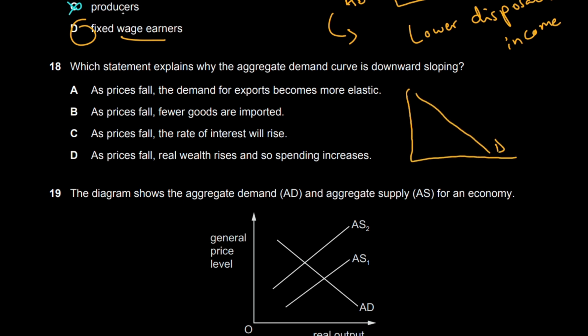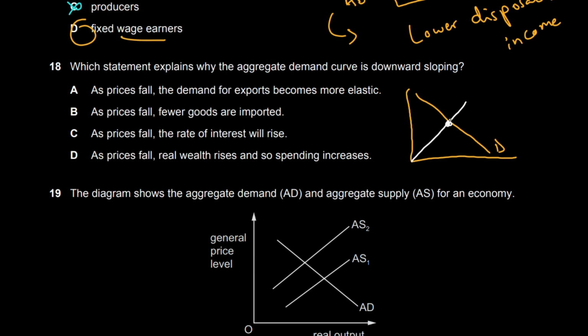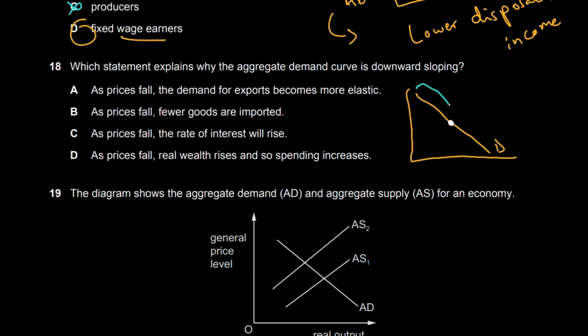In our demand curve, I'll just make a random one here. This one is our midpoint. The upper or top portion of our demand curve, our demand is elastic, while at the middle point our demand is unit elastic, and in the lower or bottom portion of our demand curve, our demand is inelastic.